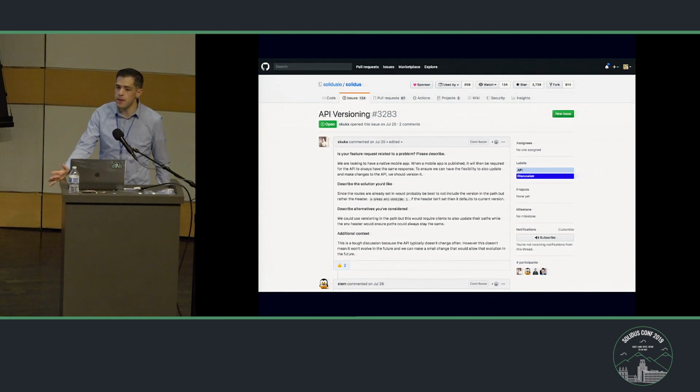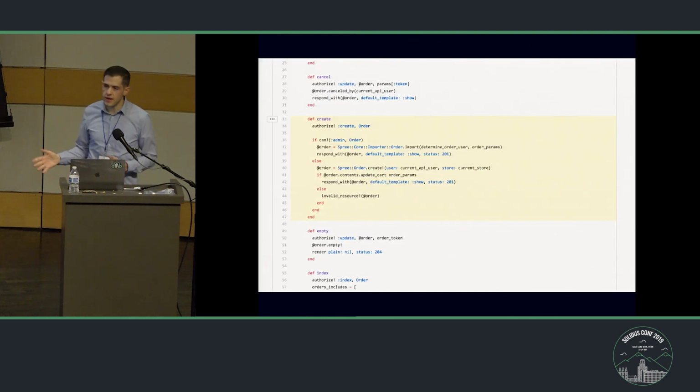But you know what? We already have the API. Since it already exists, we're not just going to throw it out in favor of GraphQL, we might as well just make it better. And so this is one of the things that we realized, hey, this is an area where we can improve. So another thing, as we started doing this, we ran into a bunch